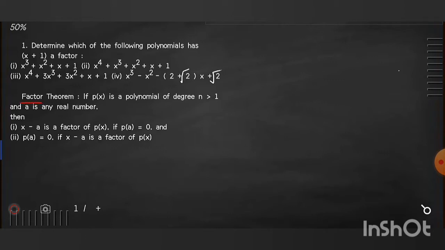If you observe the factor theorem, if p of x is a polynomial of degree greater than 1 and a is any real number, then x minus a is a factor of p of x if p of a equals 0. That means, let us suppose p of x equals ax square plus bx plus c. This is a polynomial. Now in this polynomial we substitute a value. Let us suppose x equals a. Now p of a